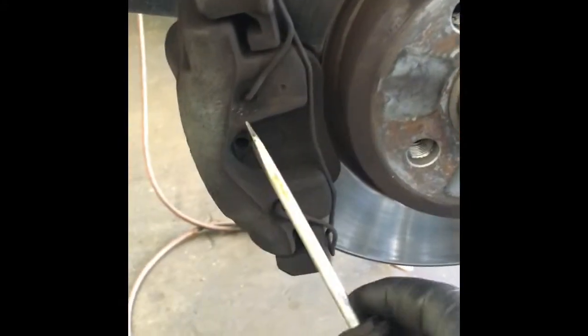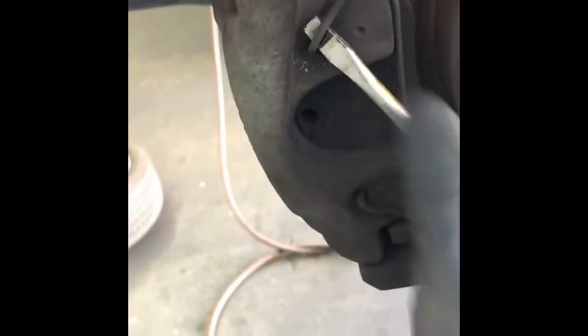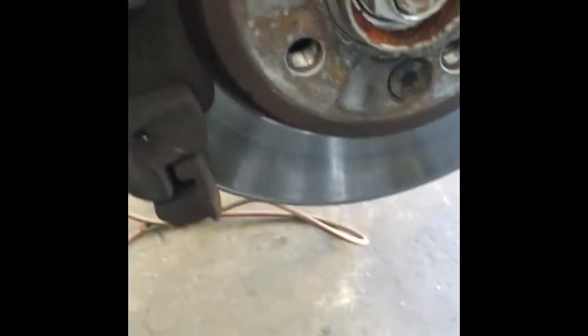Next thing we're going to do is remove these anti-rattle clips. I'm just going to use a little flat blade screwdriver like so, put it in the corner of it, pry it out. Once you get one corner pried out, then you can just wiggle it out, set that aside. After that, we're going to remove, right on the back side of the caliper,